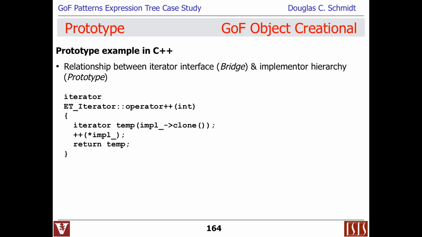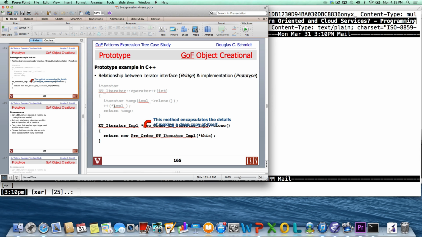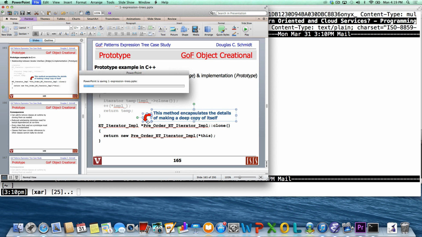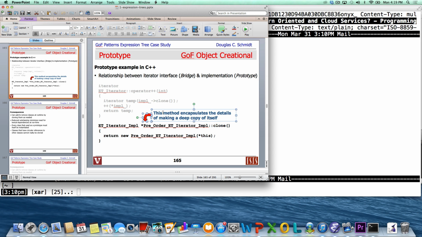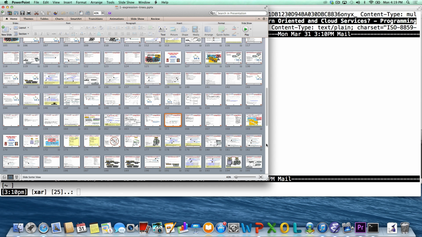It's a very interesting pattern, and has some very powerful use cases. In fact, some programming languages rely on prototype for many, many things. A good example would be JavaScript, which basically doesn't really have classes at all. You use objects as prototypes and you clone them. So we'll talk about that. Let me also give you a little preview of where we're headed with all this stuff. So you can see here, of the several hundred slides in this deck,